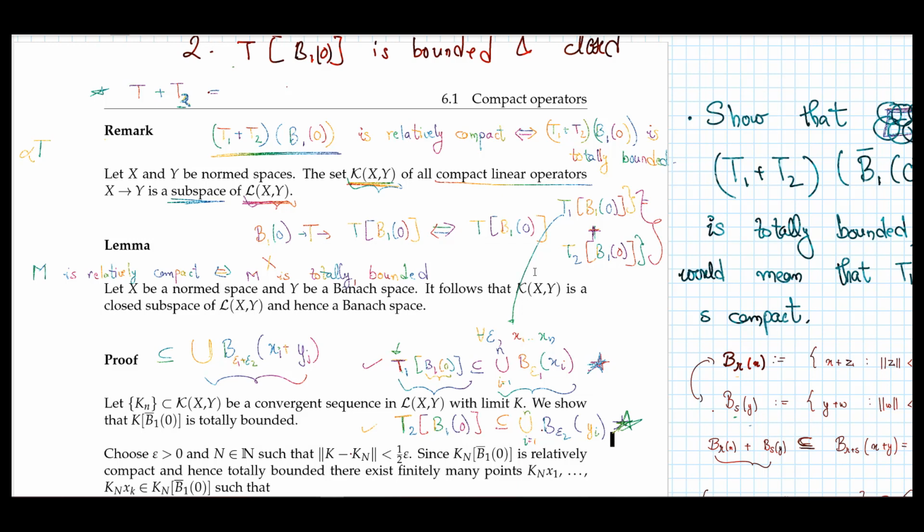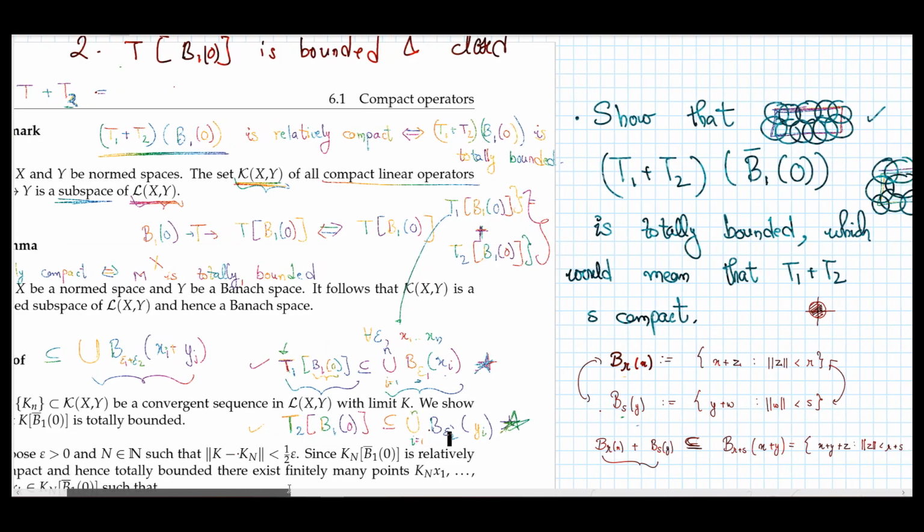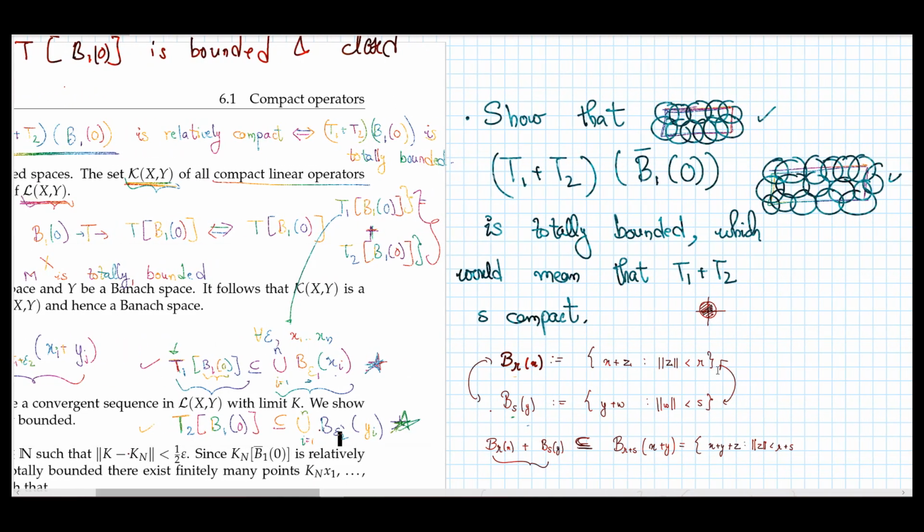When I add these two together, if I can find that the resultant is also contained in the union of some balls with radius epsilon and some center points, then I can prove that T1 plus T2 is also compact as an operator. And the way I do it is, I draw a ball